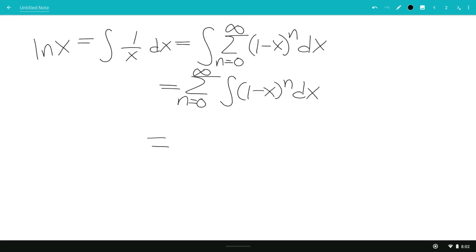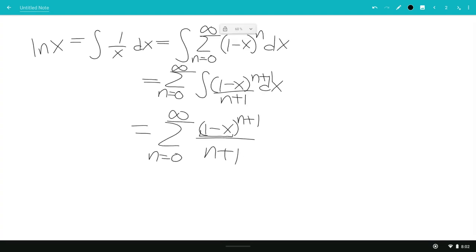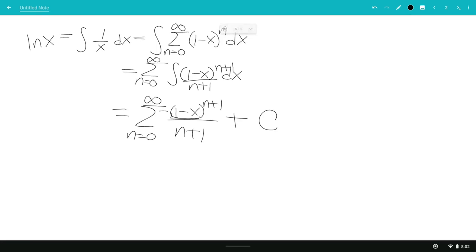We're going to use the power rule, so we add 1 and divide by it. So we get the sum n equals 0 to infinity of 1 minus x to the n plus 1 over n plus 1, divided by the derivative of the inside. The derivative of the inside is negative 1, so we divide by negative 1, so it'll just be negative. And then we're going to add c,